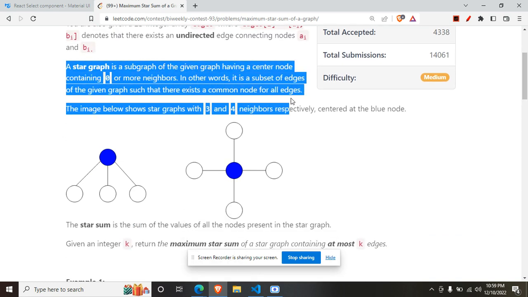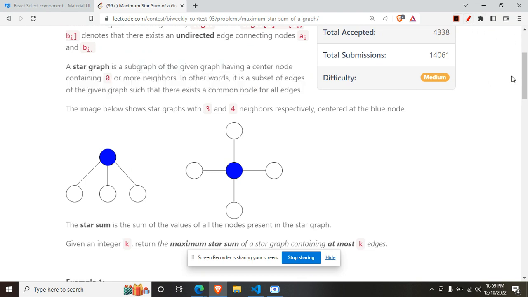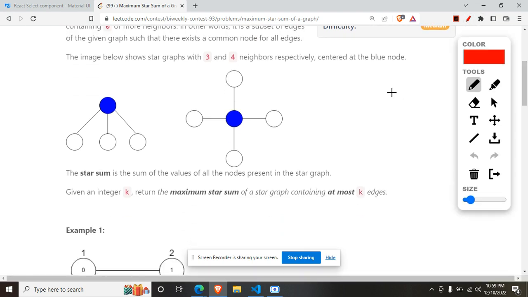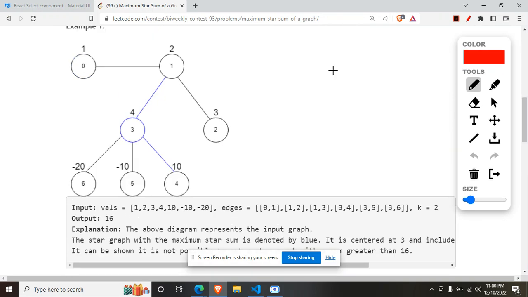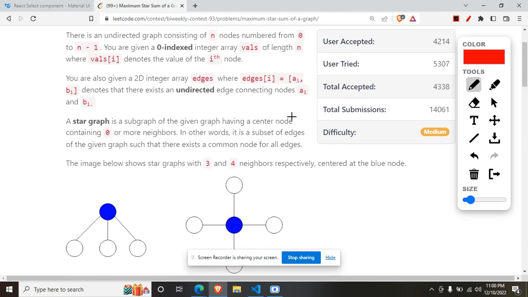And let's understand the definition of a star graph that has been given here. So they have said there is a star graph, and what does this star graph mean? A star graph means that there will be some edges surrounding it. Let's just say, if we come on to here, what are the star edges that could be present here? It is one of these. Why so? Because according to their definition of a star graph, there could be more than one edge to it, or it could be zero also, but the node is at the center